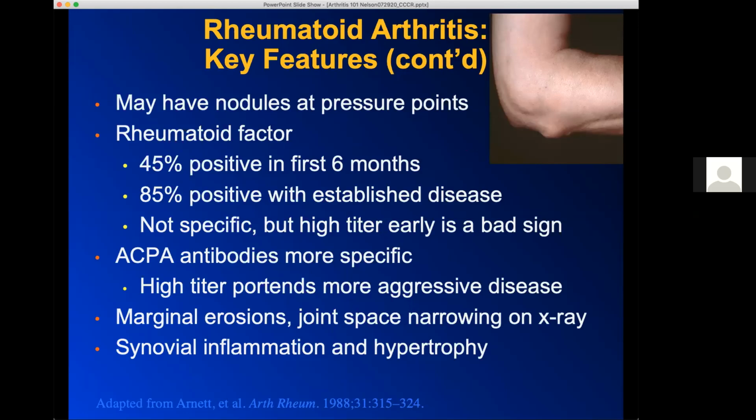There are some other features that can clue you into rheumatoid arthritis. So nodule development, so not these hard bony nodules, but little squishy nodules that can develop over pressure points and extensor surfaces. So there's one at the elbow. Rheumatoid factor, I mentioned, is pretty common. It's not specific to disease. ACPA antibodies are more specific, but these are all sort of clues that maybe there's something else going on, more